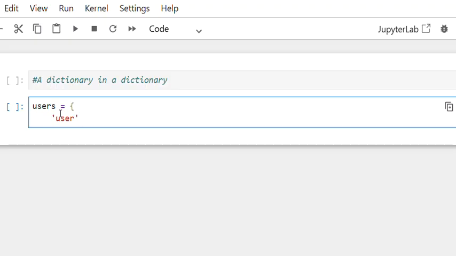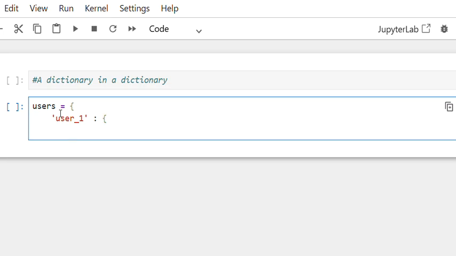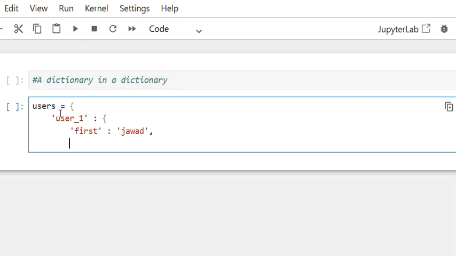Okay, our user first, and let's put the parenthesis, and let me just say that the first name is, let's say, Javad, and the last name is, let's say, Khan,